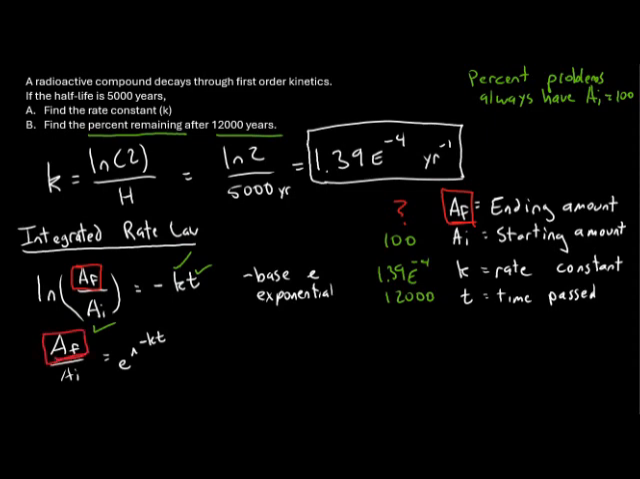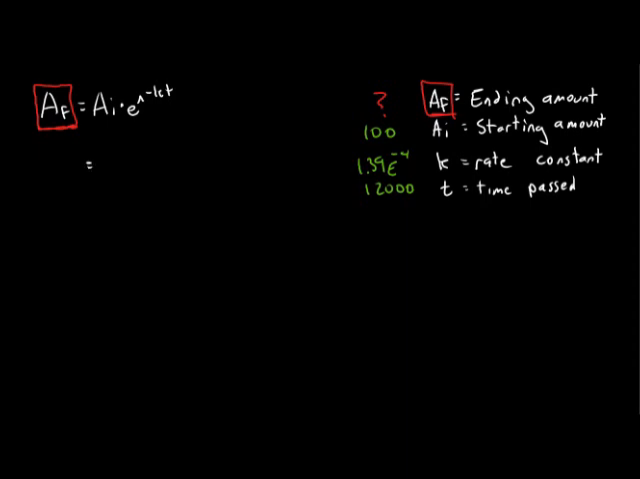Now we can multiply both sides of the equation by A initial. If we do so, our new equation will be A final equals A initial times lowercase e raised to the negative kt. Now that we have A final by itself, we'll place each number in the correct position. A initial was 100 because we had a percentage problem. Multiplied by lowercase e raised to negative k, which is 1.39 times 10 to the negative fourth, multiplied by t, which is 12,000 years. If we place all of this in a calculator, we will get